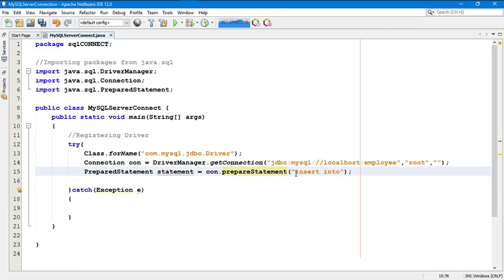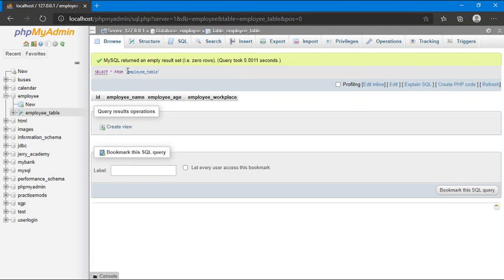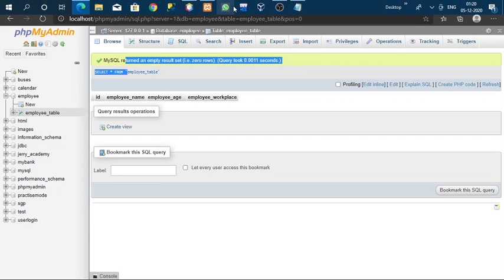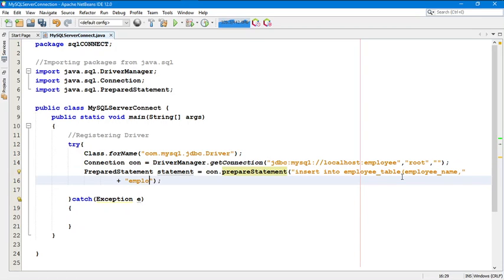insert into, I will give a table name, employee table. Okay, just check, confirm that your table name is right. Yes, it is employee table. Go here, insert into employee table. What are the parameters in the employee table? In my employee table there is employee name, comma, employee age, comma,